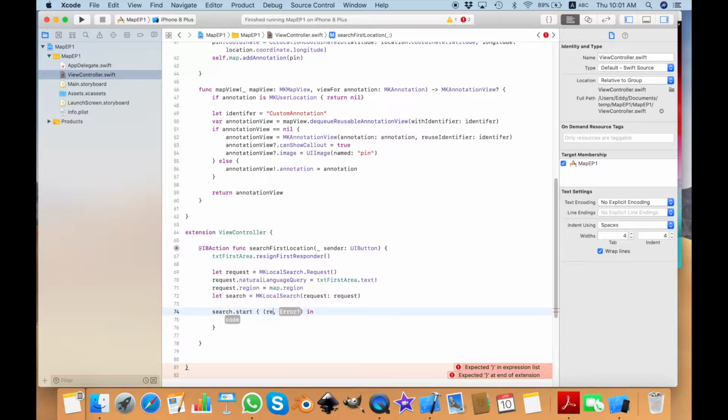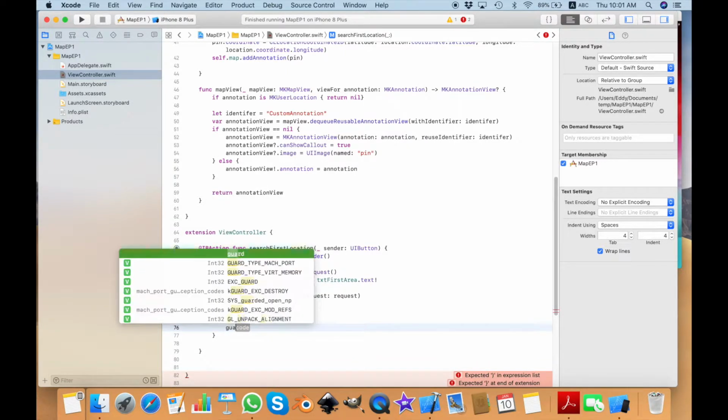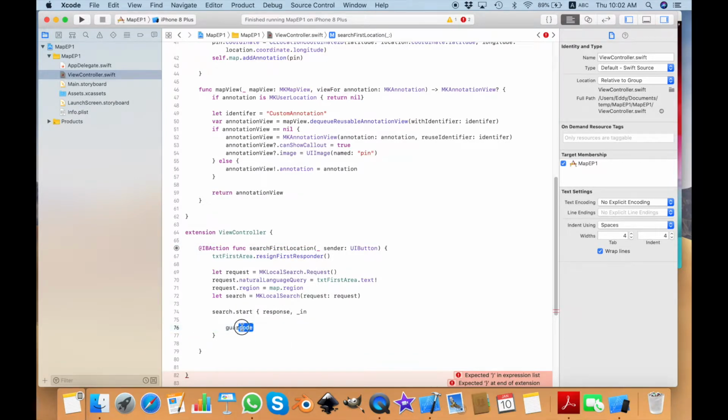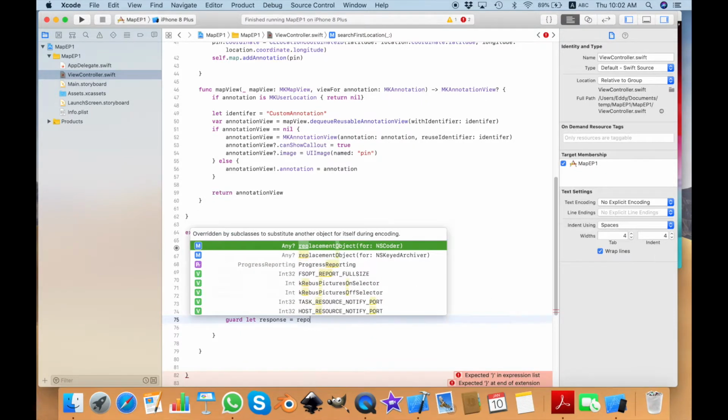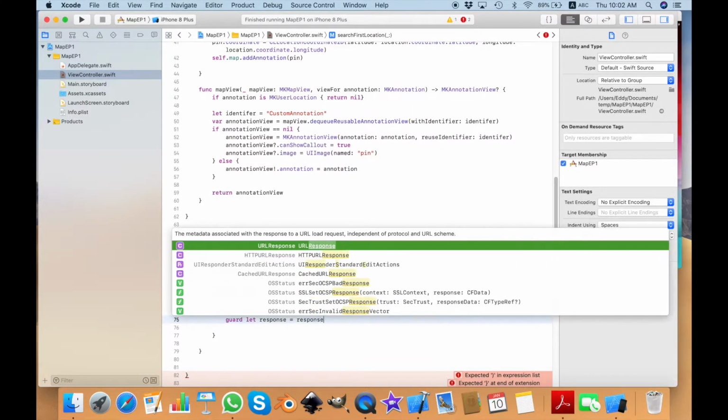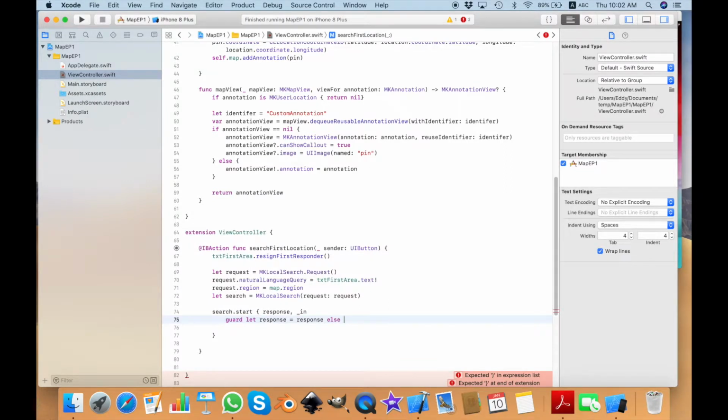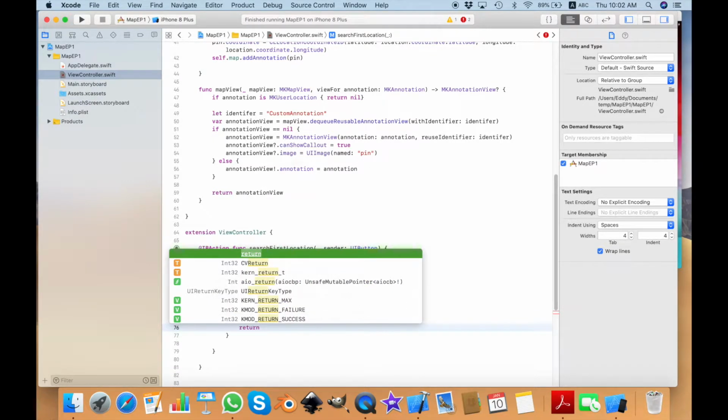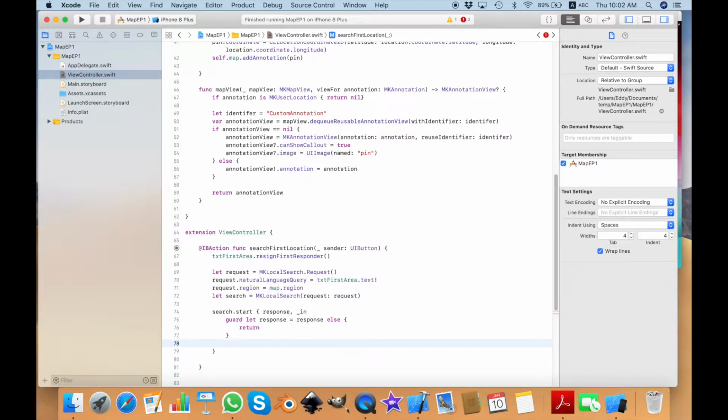And then it will return a response. So we got the response, because the response can be nil, which is possible at any time. guard let response equal response. If not, then we just return. When we have that,